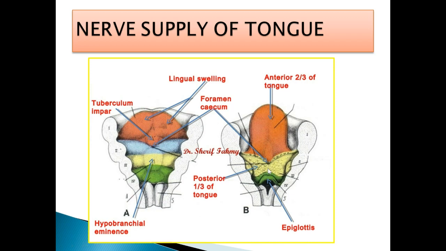The cause for this composite development of the tongue mucosa is understood by this. The third arch overgrows, and that is why we have not seen the second arch nerve in the nerve supply of the tongue. The third arch grows forwards over the second arch and fuses in a V-shaped manner with the ventral two-thirds of the tongue. That explains the development of the tongue in relation to the nerve supply of the tongue.